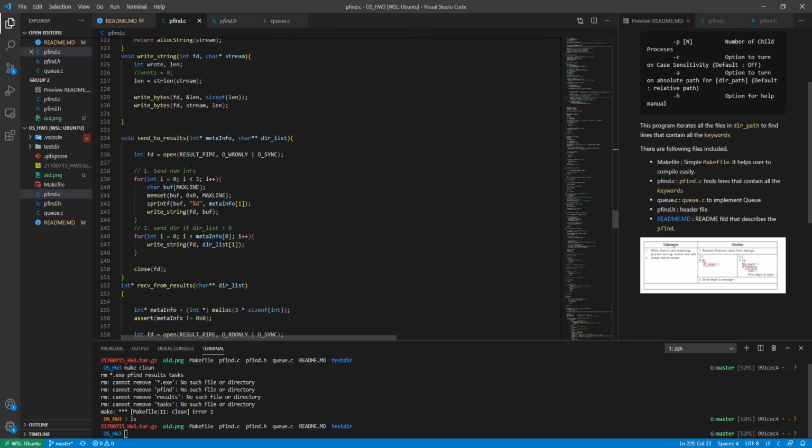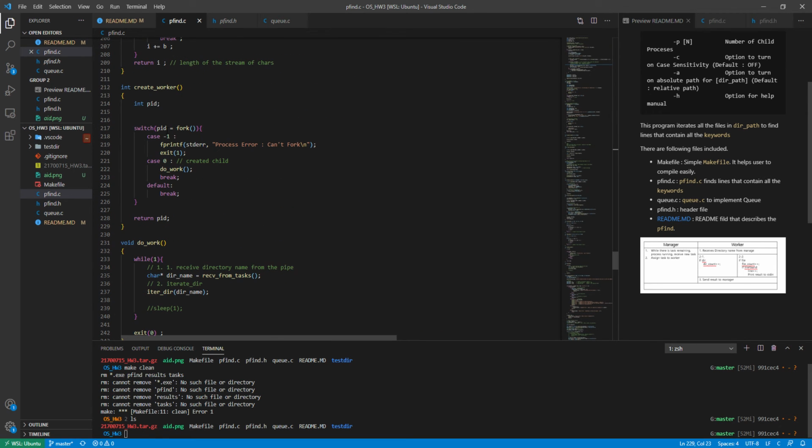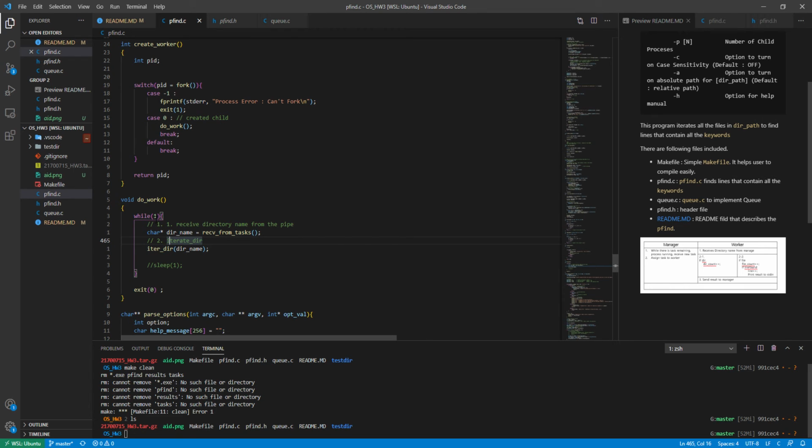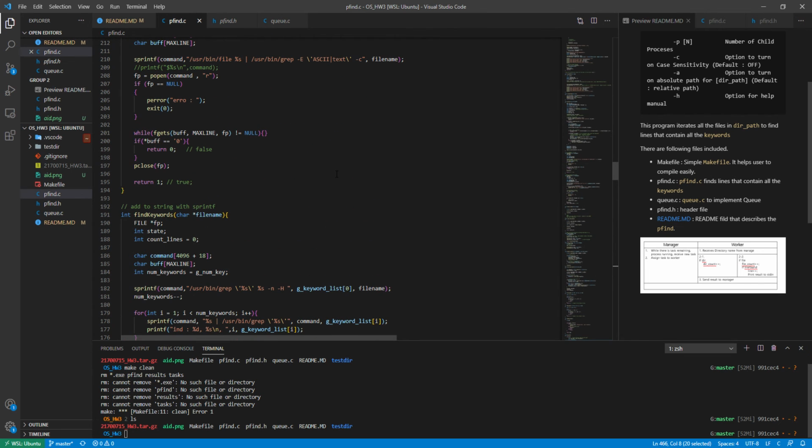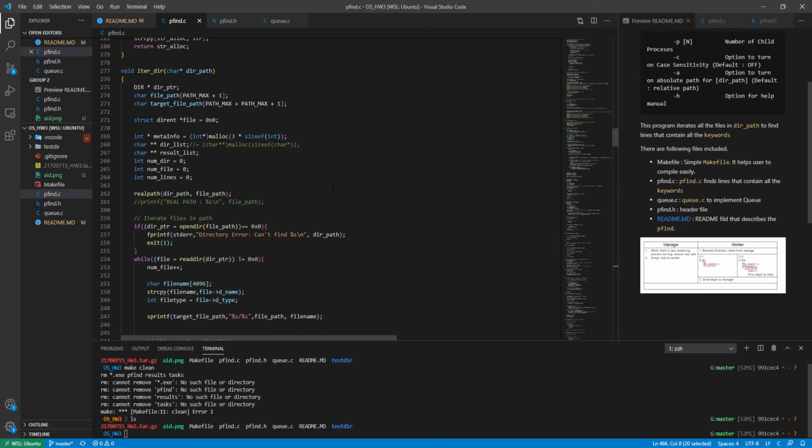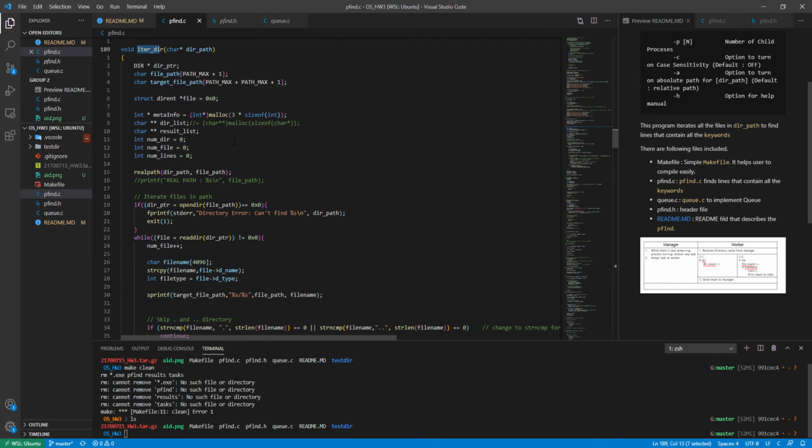It creates the worker and then it iterates right here until it receives a task from the manager, and then it iterates the directory. If a directory name is received, then the worker iterates the directory to find regular files or the desired lines in the directory. So in the iter dir function,